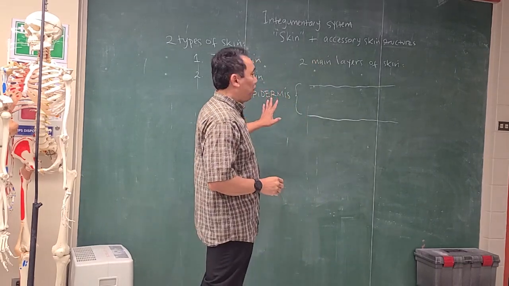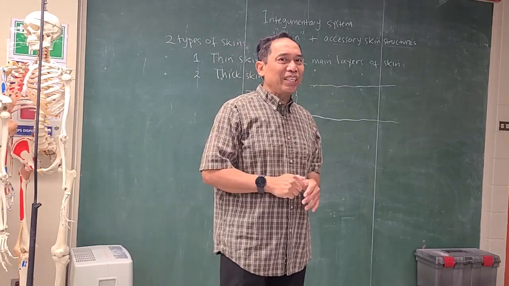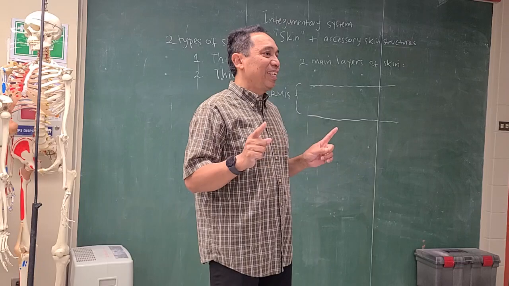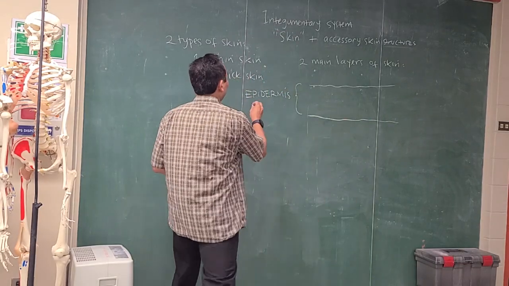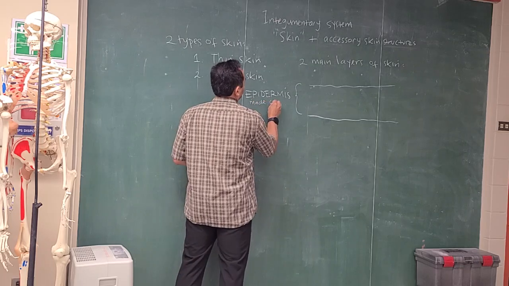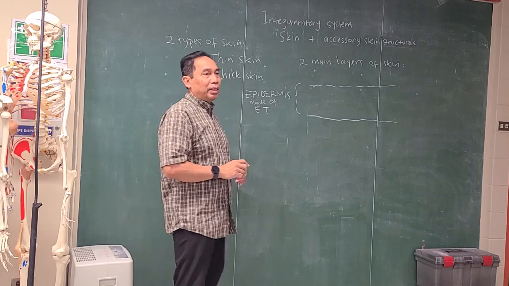Okay? Epidermis. This epidermis consists of ET. What is ET? Epithelial tissue. Right? So it consists of, or is made of, ET, epithelial tissue,